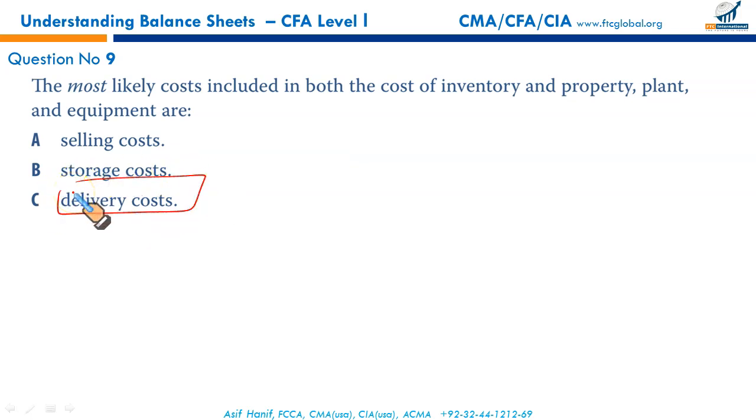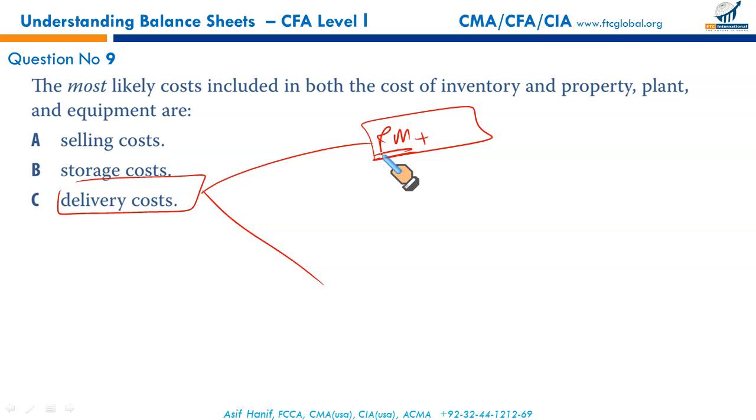Delivery cost is capitalized. In case of raw material, when you purchase the raw material, the cost paid for delivery, which you call the carriage inward, is capitalized or added to the cost of material. Like we bought goods worth 10,000 and we paid $500 for transportation in. For these purchased goods, the cost of material will be 10,500.